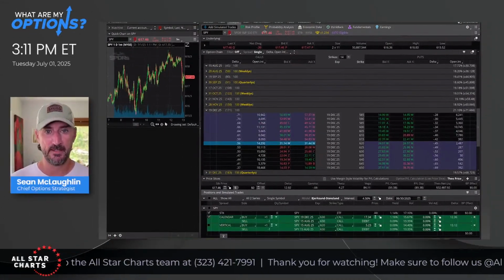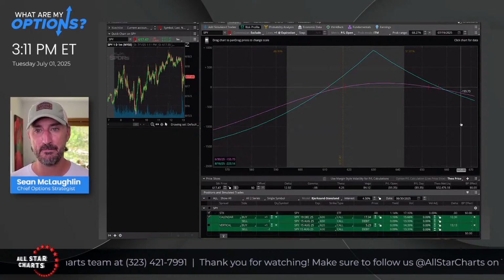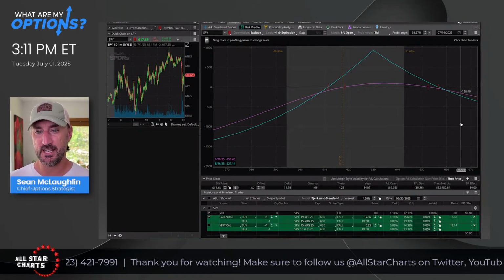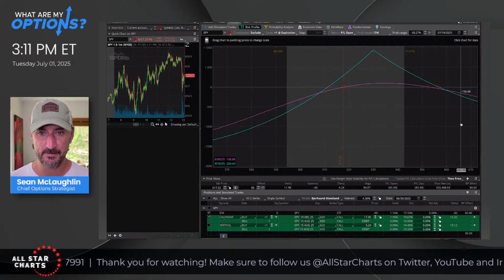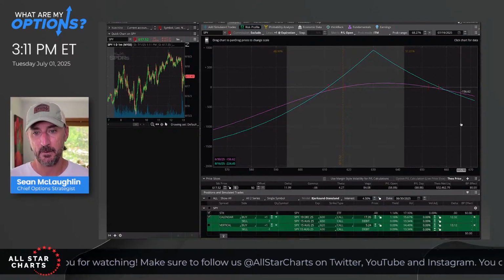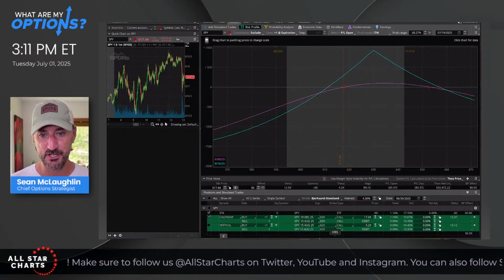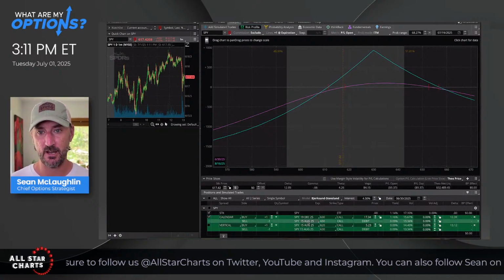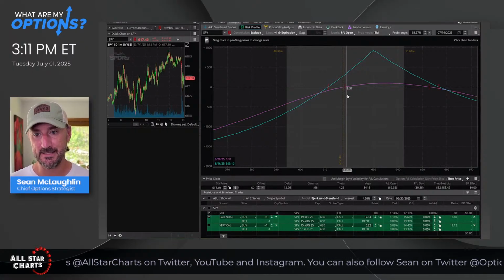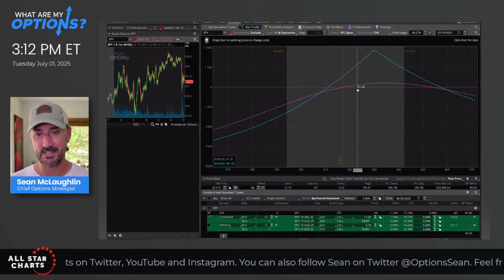Now, let's bring up the risk graph again. The bet I'm making and the hope that I have is that I'm positioning in those December calls at a cheaper price. And I'm willing to bet that this thing's not going to rip in my face between now and the expiration of the short option, which in this case is the August. If I'm putting this trade on, I think SPY is going to trend up a little bit. It's going to go my way, and that's great, but it's not going to go too far.